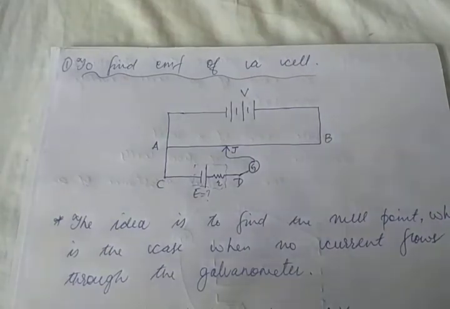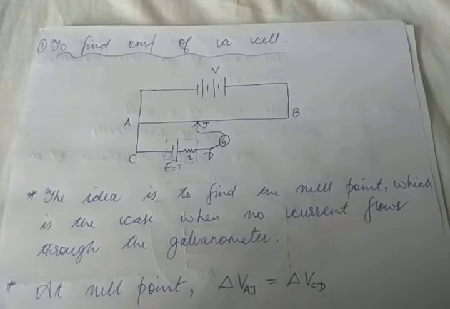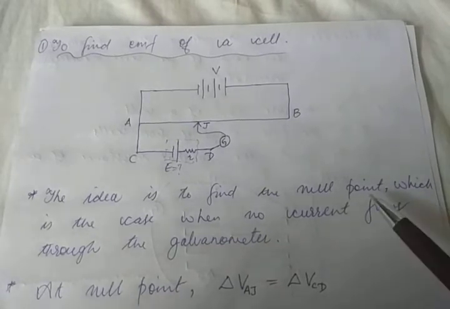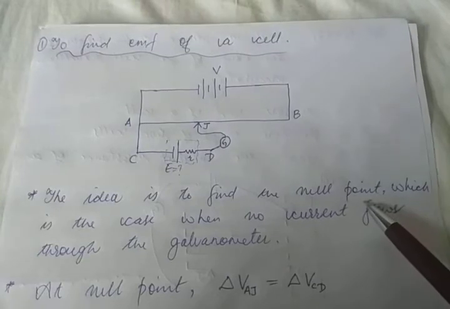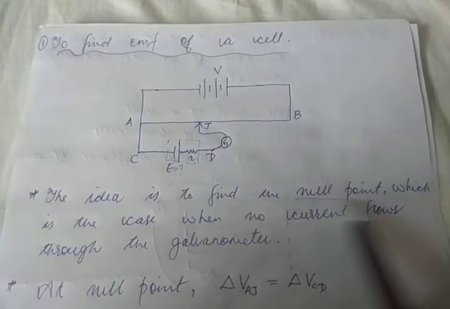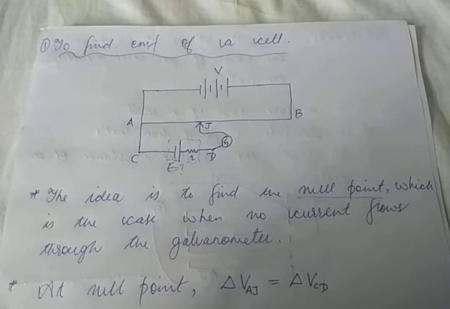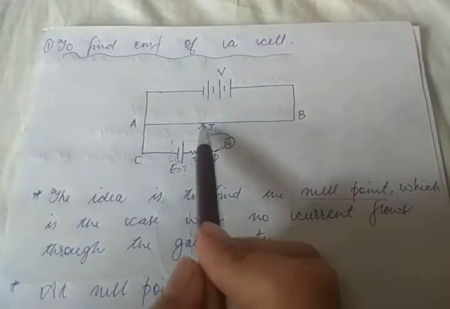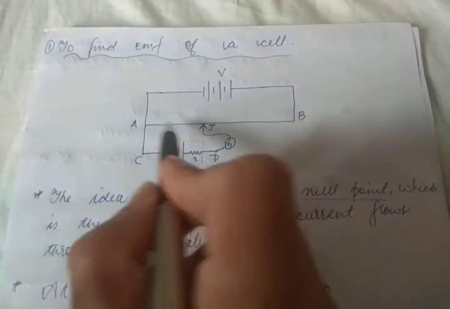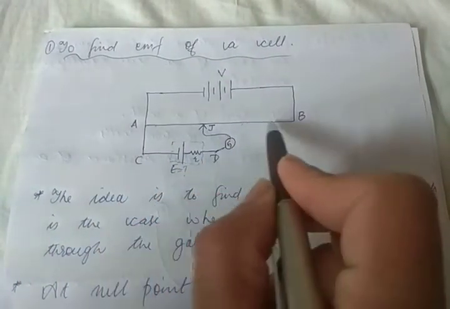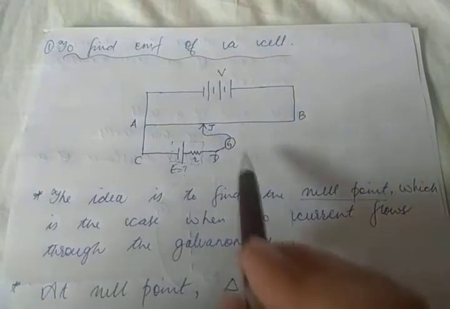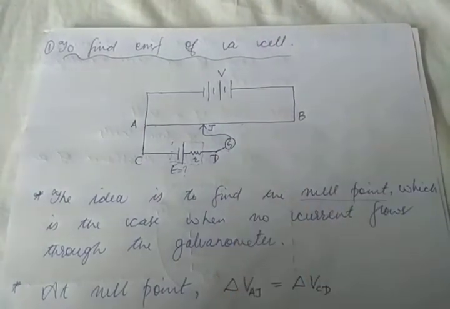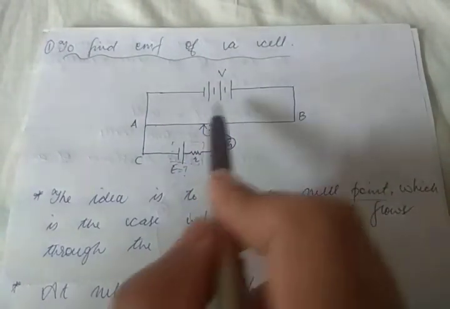Now the idea over here, if you are working with a potentiometer, is to find something called a null point. Now what is this null point? I had spoken about this null point when we did the Wheatstone bridge principle also. Now what is this null point? By placing this jockey at different points on the wire, what you will see is this galvanometer starts deflecting. The moment you have this battery connected to AB, there will be current flowing in the upper